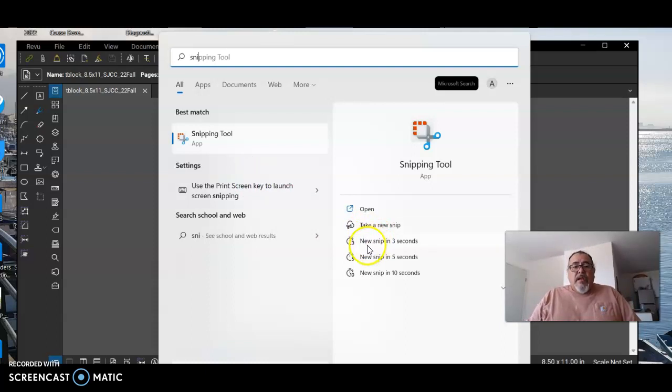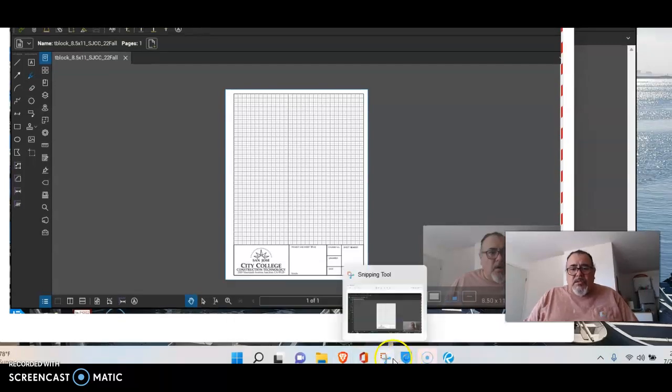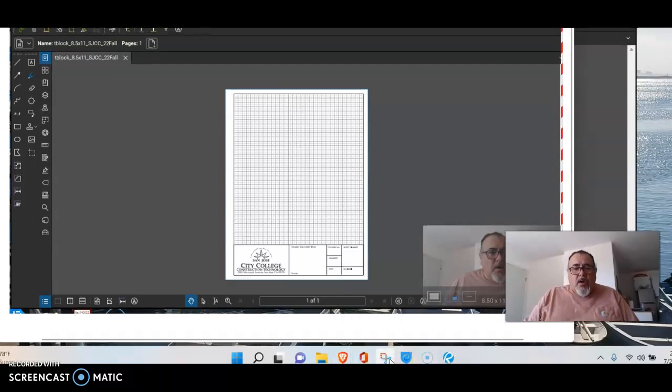Okay, so now that we've got the snippet tool there, I can run the app, and as you can see, we're looking at Bluebeam, and you've downloaded and opened that PDF file for your title block. There it is. You can do things like save it and write on stuff, but I'll show you that later. Now that's done. See, there's my snippet tool down at the bottom, ready for access.